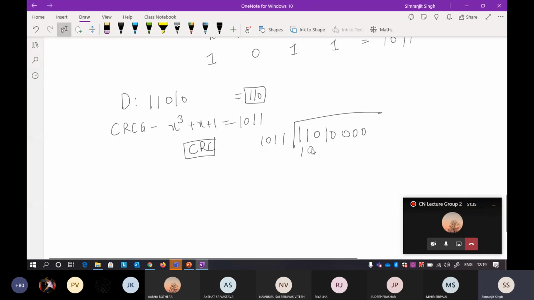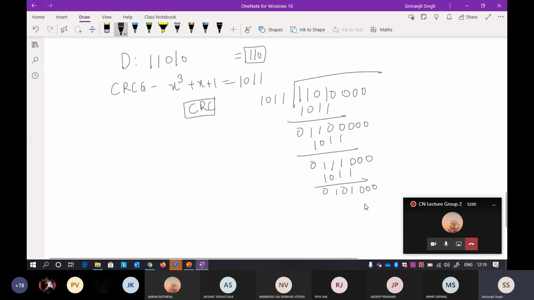So it will be 1011, then 0 1. What is this? 1 and then 0. Okay, so write all the things as it is. 0 0 0 0. Okay, so 1 0 1 1 again. This is 1 1 1 and 0, and again write all the zeros here. 1 2 3. Okay, 1 0 1 1, different one, same 0, different one, same 0, and write 0 0 0. Okay, so again start with the preceding one here, that is 1 0 1 1, different one, same 0, same 0, same 0, and in the end you will get 2 zeros.